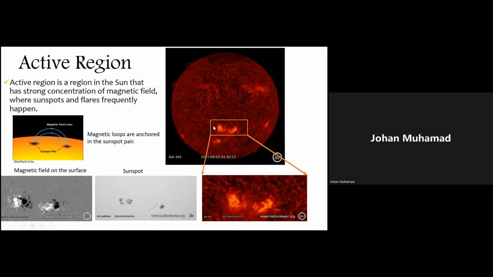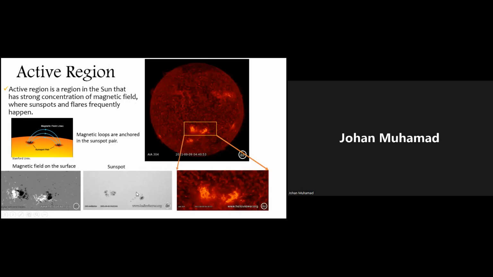But if we see this region in a different wavelength, you can see that actually in the photosphere, this bright feature is associated with this sunspot. The location is almost the same. So basically, if we observe this sunspot in the atmosphere, then we can see the bright features like this. This is what we call an active region. So an active region is a region in the sun that has a strong concentration of magnetic field, where sunspots and flares